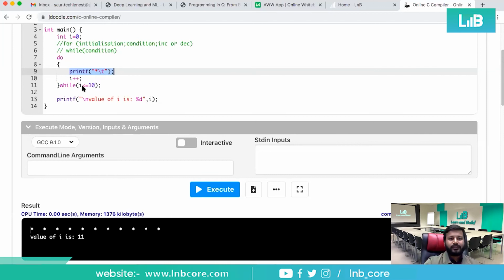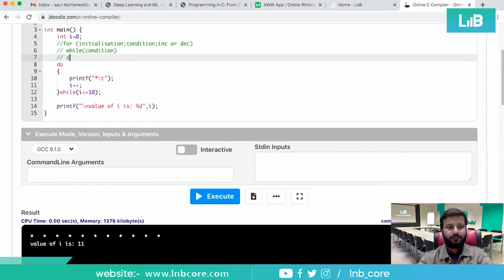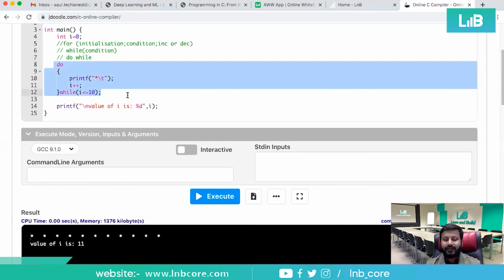So we have seen for loop, while loop, and do while loop. All these statements are clear. Any problem, anyone? Is that clear?